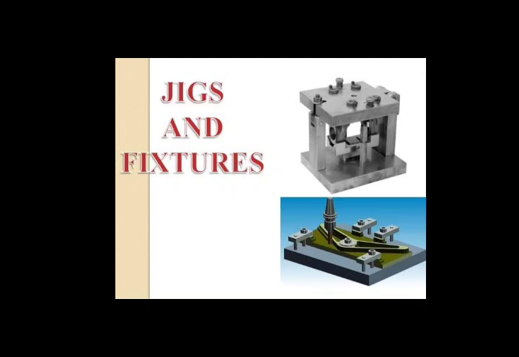Bushes for light clamping. A threaded or screw bush can be used to apply light clamping pressure on the workpiece, and these threads are used to hold the bush in its place as well as to make the adjustment. Now, bushes are sometimes used to control the hole depth. Depth of hole can be controlled by holding the tool in a special socket, and a setting gauge is used to set the required depth.